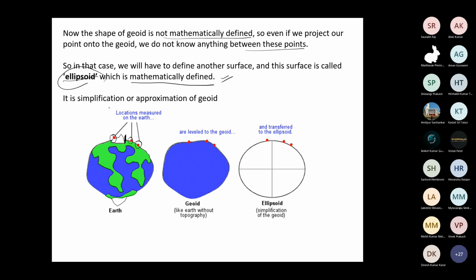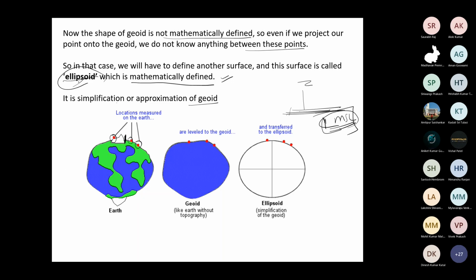So the ellipsoid is a simplification, an approximation of the geoid. Let me try. This is the shape of the Earth, which is uneven. I want to measure the Z. So I say this is my mean sea level; I have defined it as the water level. Now, if I want to model the entire Earth, then I have to approximate the Earth as an ellipsoid.